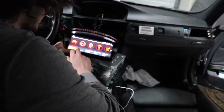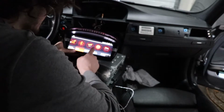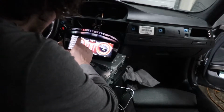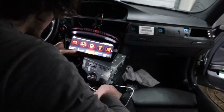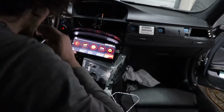So this is me trying to open up the factory iDrive. Pretty nice and smooth. That refresh rate, it's probably like 60, no, it's at least 100. Alright. Let's see. Is that blue? This looks so cheap. Alright. Yep. Looks like my factory iDrive does work with it. Okay. So far,